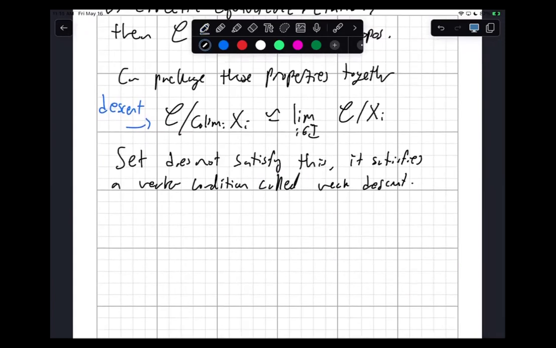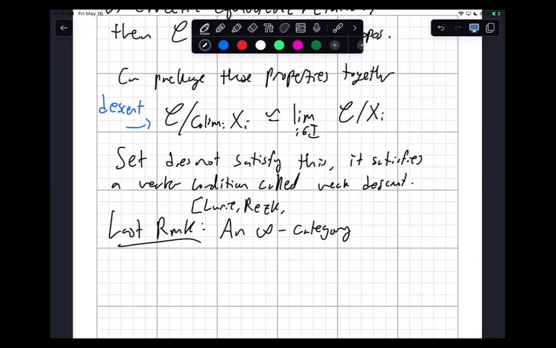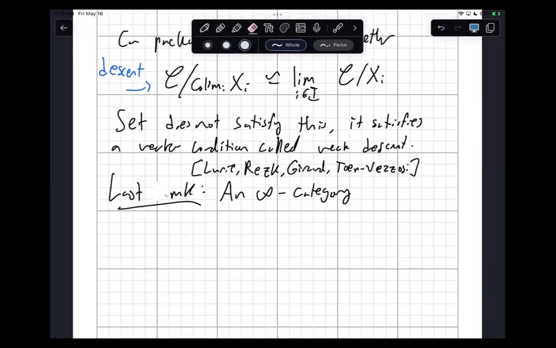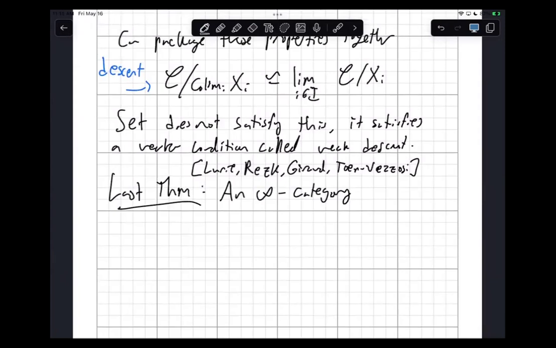However, last remark: if we consider infinity categories, this is Lurie, Rezk, Giraud, Toën, Vezzosi, a whole bunch of people contributed to this. And I'll say this is the last theorem, actually. Last theorem. An infinity category